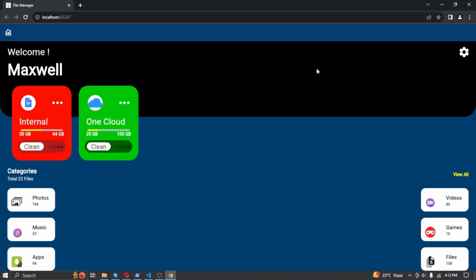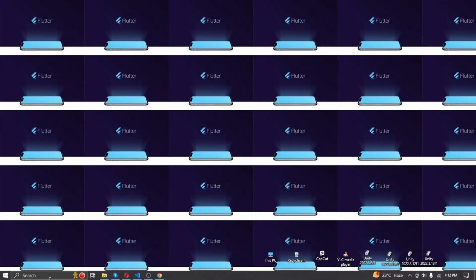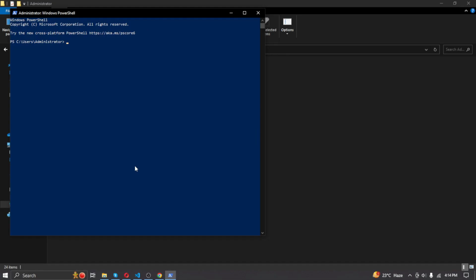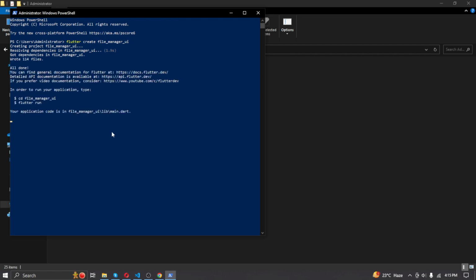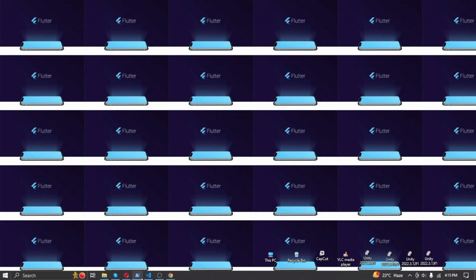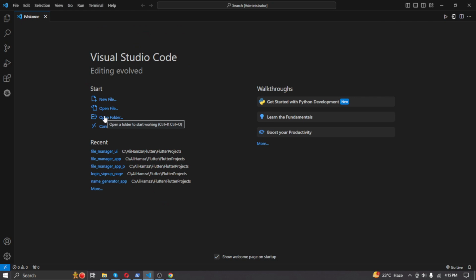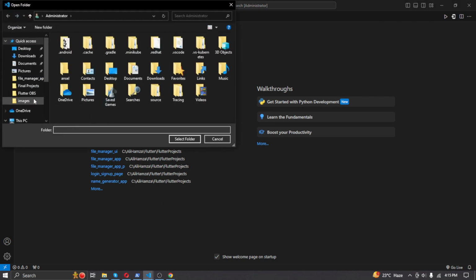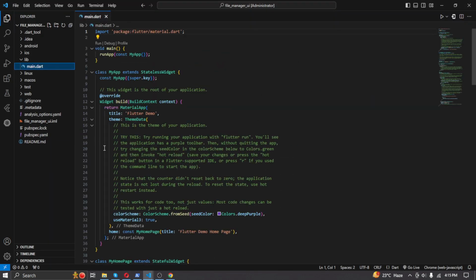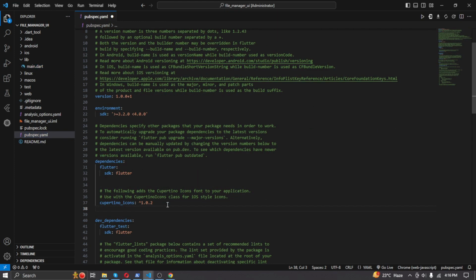So let's start our tutorial. First open Windows PowerShell and create File Manager UI folder. Open VS Code and open folder File Manager UI. Go to pubspec.yaml and create